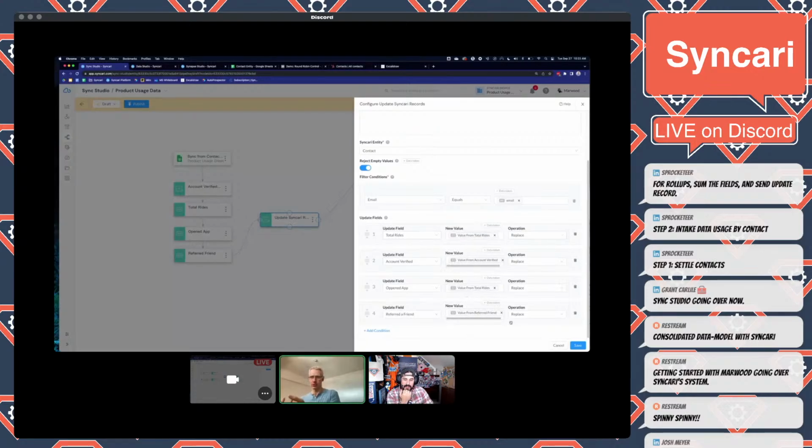Marwood, I love this UI. It feels so much like HubSpot, and it just makes sense because we're making those properties that you're referencing. And in Syncari, I'm able to make the matching one, so I know that I'm getting the right data with the right information. Exactly. And you're able to rename these to whatever you'd like, right?